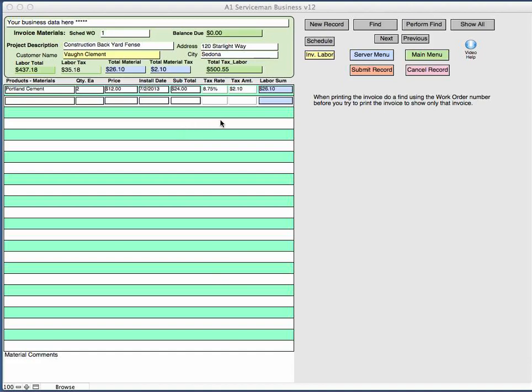This help video is for the material invoice, the 24-line invoice. What this invoice does is, from the schedule screen, it takes the input in the materials area and adds, line by line for each portal record, the material items that you add on the schedule material invoice input. The information that you put in at the basic top of the form in the work order will be presented